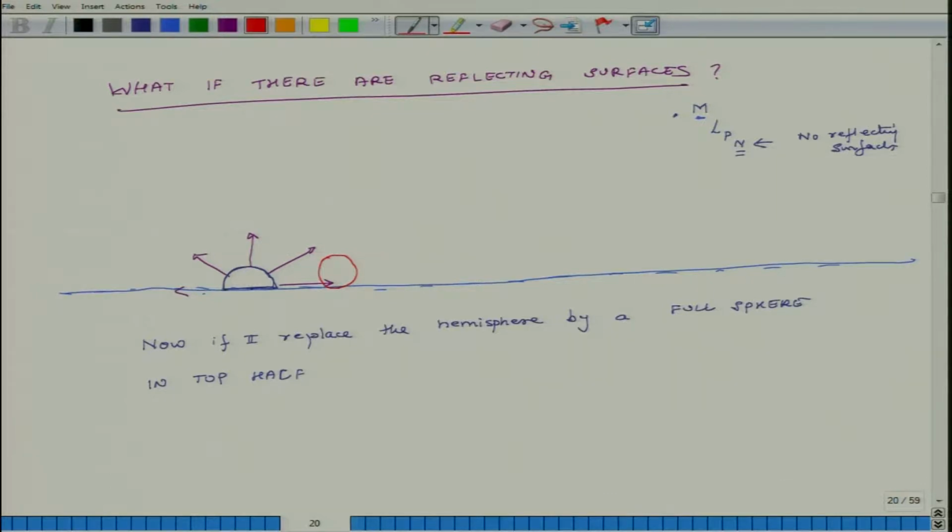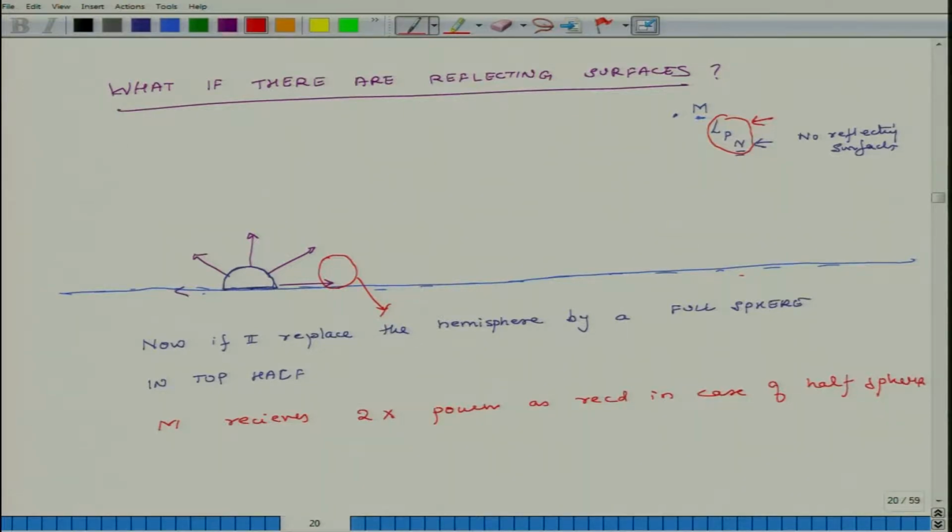What does that mean? That will mean that this thing will get twice as much energy, right. It will get twice as much. See here it was getting energy which was sufficient to create LPN, only because only half of the sphere was there, but now I have put the whole sphere. So energy from here cannot go down, all that energy it will get multiplied because of this reflection, and the microphone receives 2 times power as received in case of half sphere,